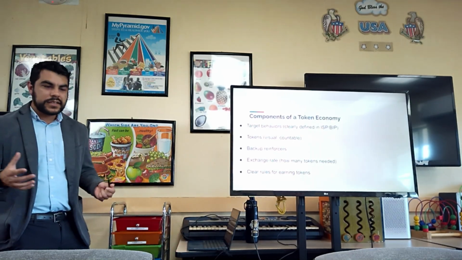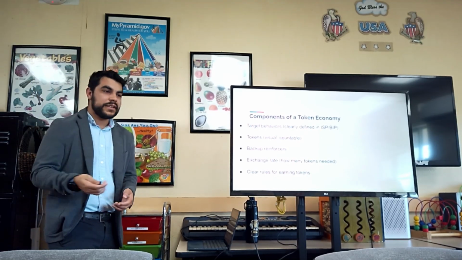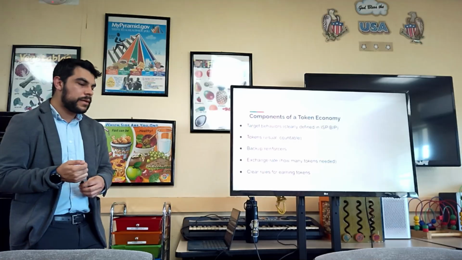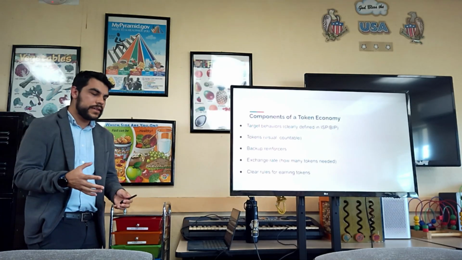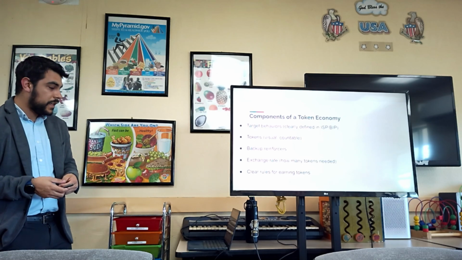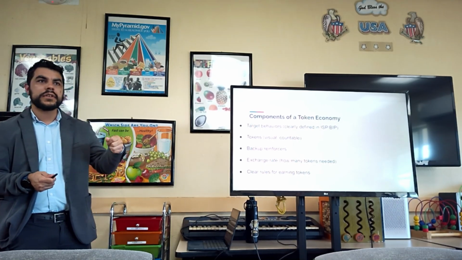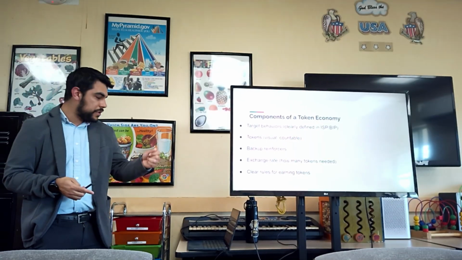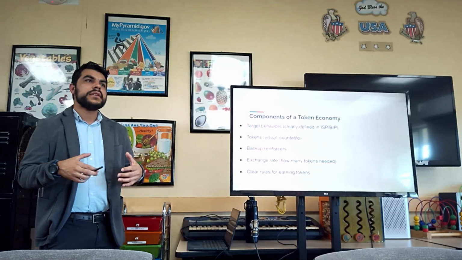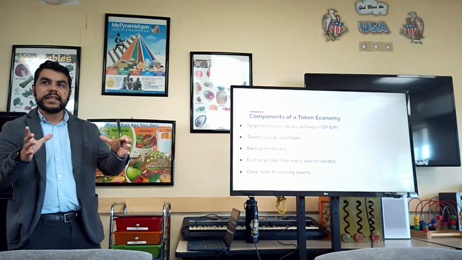Okay, let's say you want to get a token economy up and running. What do we need? We need the target behaviors, the things that we're looking out for that are maybe listed in the ISP, the BIP. You, of course, need the tokens, the individual items that the individual will collect. They'll get them towards their backup reinforcers, which again are the preferred items, the rewards, and you can have them placed in a menu.